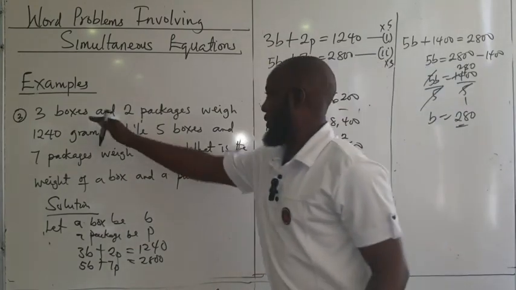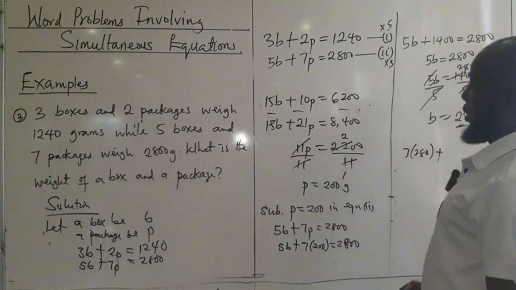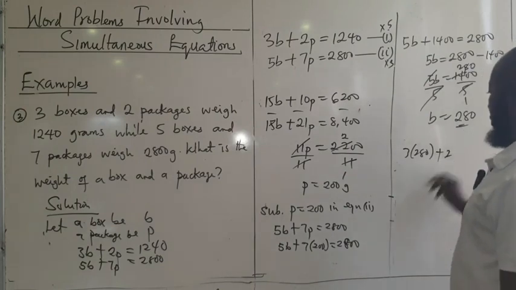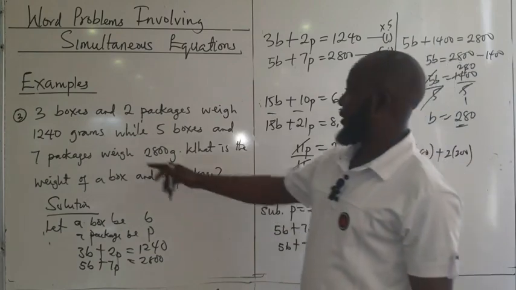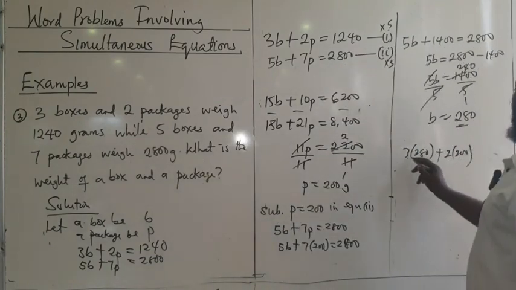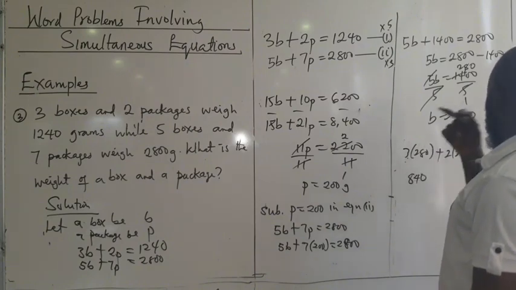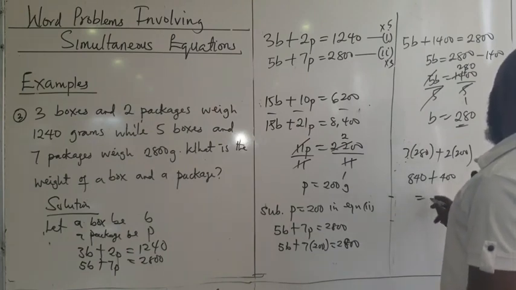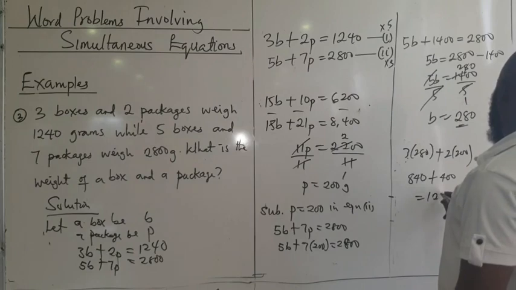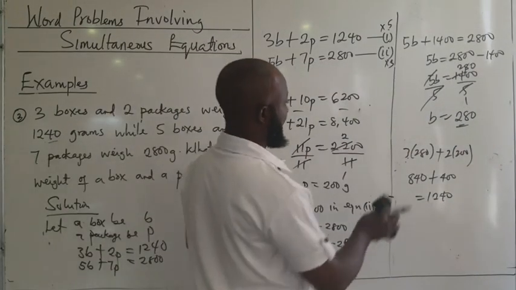So we have 3 boxes, that is 3 multiplied by 280, plus 2 packages, that's 2 multiplied by 200. Let's see if we're going to get 1,240. So 3 times 280 is 840, plus 400. Yes, 400. If you add this together, you're going to get 1,240, which is the same thing as this. So you can therefore conclude that